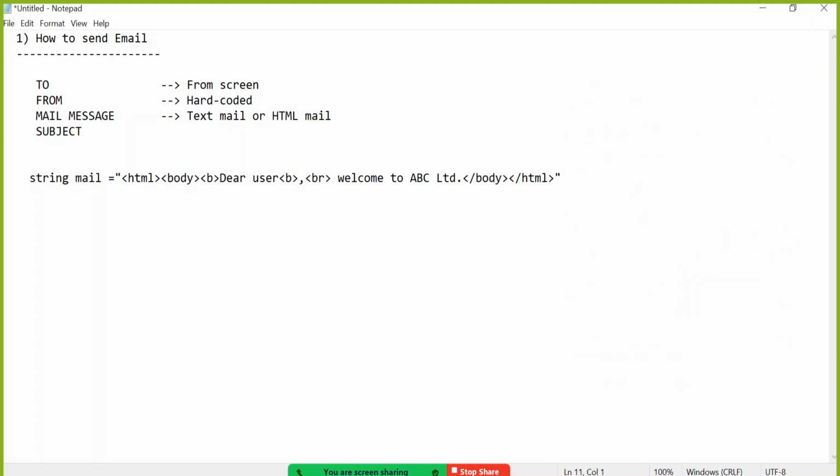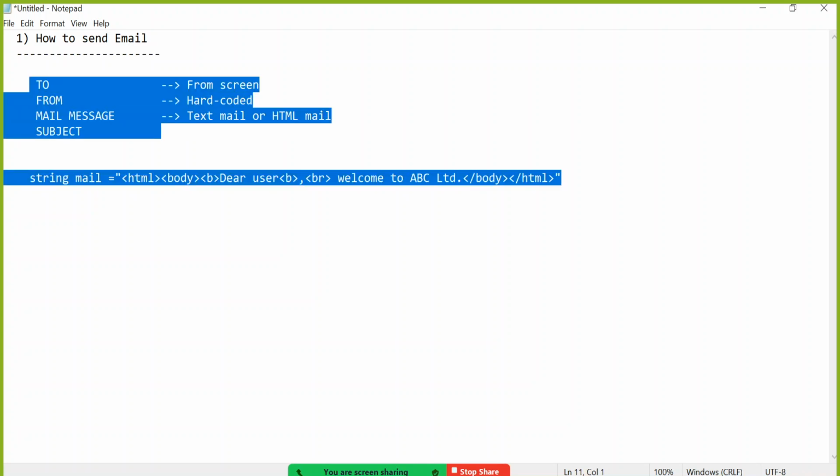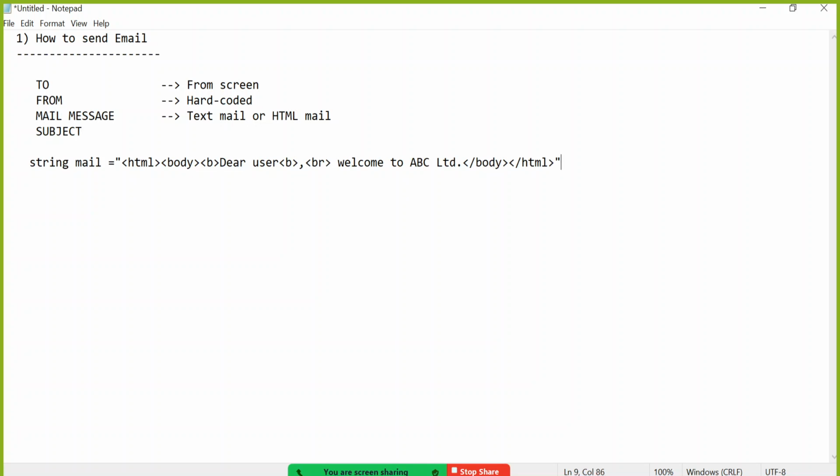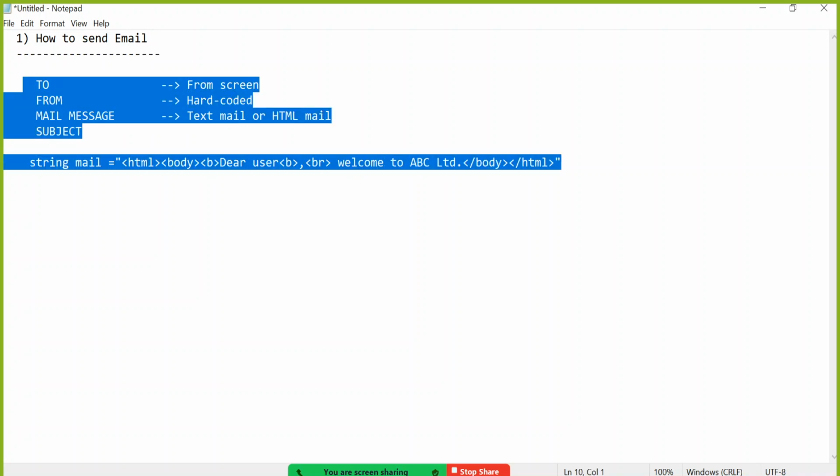Okay, all right. So that means you decided what are the items to be needed in the send email. Now comes how to send, coding wise. Okay, understand here, then I will show you the coding, then you can perfectly do that. There are 3 work involved here. So 4 things you have to pass like this, and